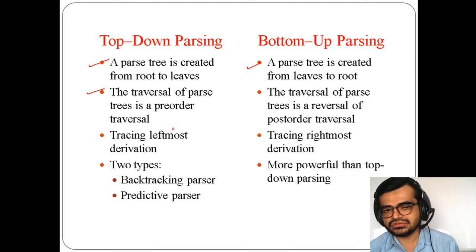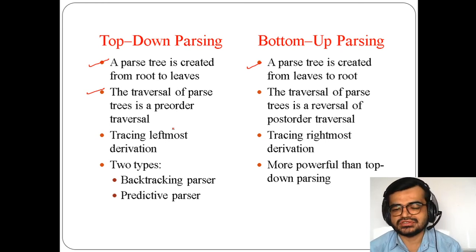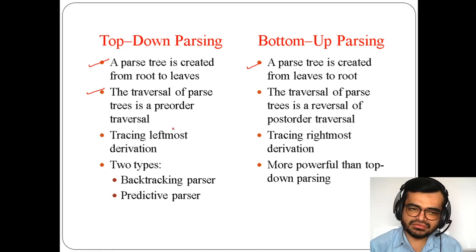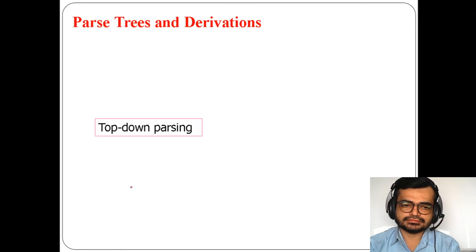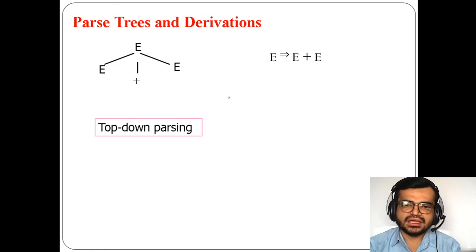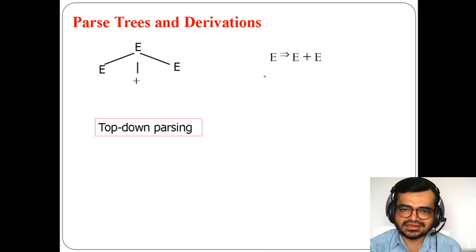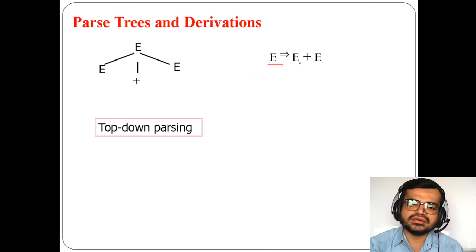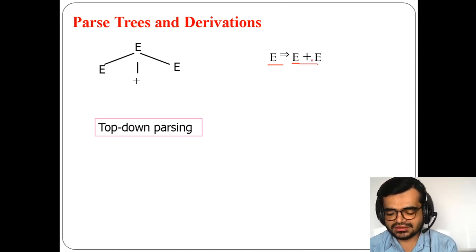So the pre-order it assumes, okay, but in bottom-up parsing it takes post-order traversal. And one more thing which I want to say is how you are deriving the parse tree. For example, this is my top down parsing. If I assume this is the set of productions, what I have taken here is E as E plus E. So this is my start symbol, right? And I'm going to get E plus E because I have to go in a top down parsing way. That means I have to go in this way, right? So I'm going in this way.